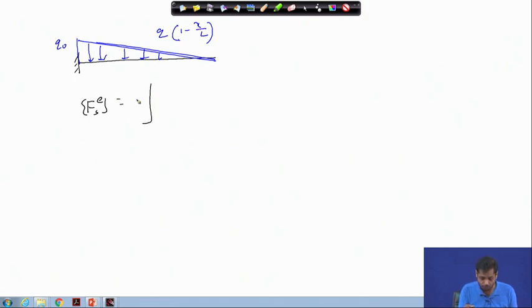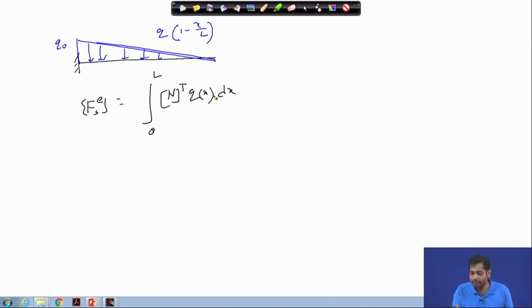This is the integration from 0 to L of N transpose into q, but then q is a function of x. So, it has to be written as a function of x and then dx. If you substitute that function and then integrate it, we get the corresponding